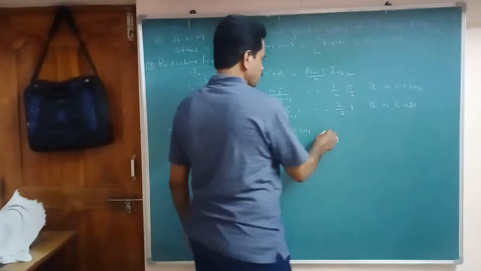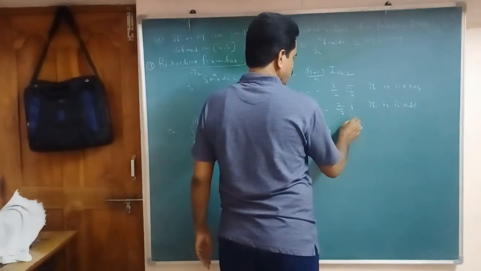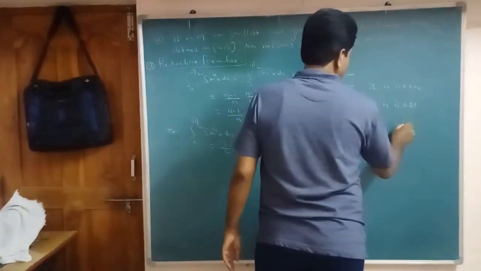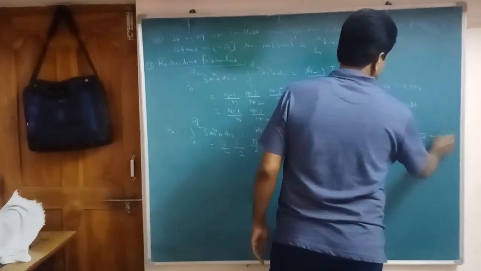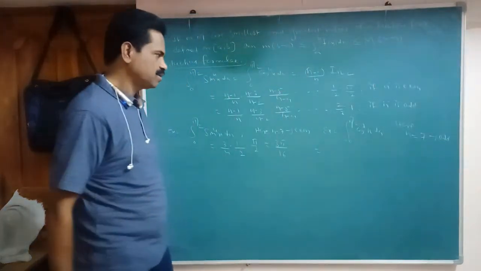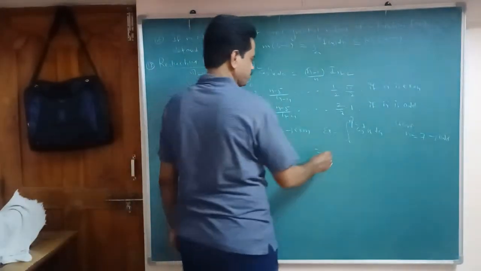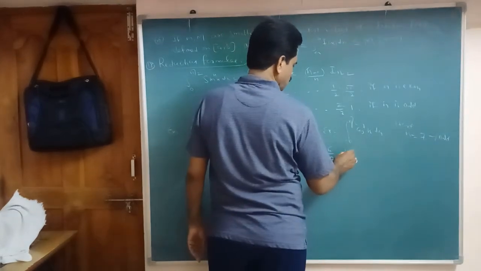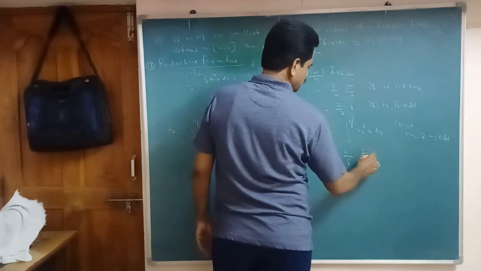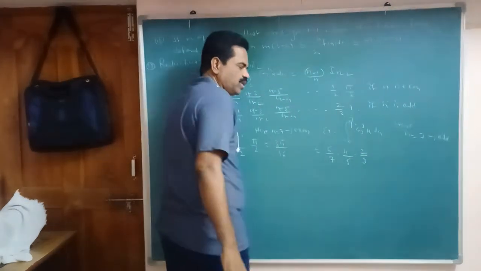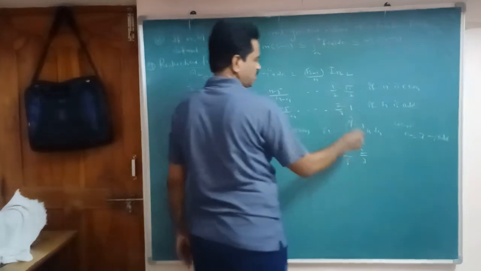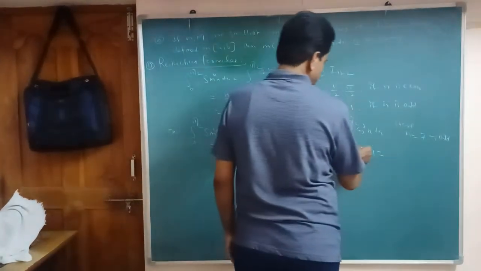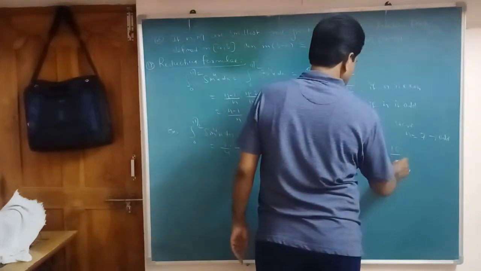Next, one more example. Integral 0 to pi by 2 of cos power 7 x dx. Here n equal to 7, it is odd. Substitute 7 minus 1, 6 by 7. Next decrease by 2, this is 4 by 5. Next 2 by 3. When you get numerator 2, denominator 3, stop here. Last, end with 1. Simplify, 3 cancels here. So this is 16 by 35.